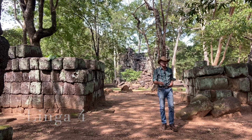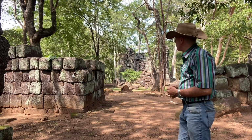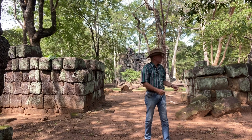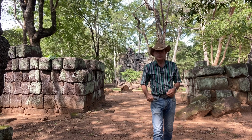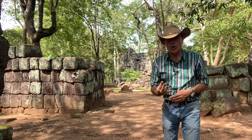Now you find me walking up a bit of a causeway. We are flanked either side by these large stone blocks. And there would have been a room down here as well as here. So, as worshippers to the Kokur complex, because that's where we are, and this is Prasat Linga 4, we have